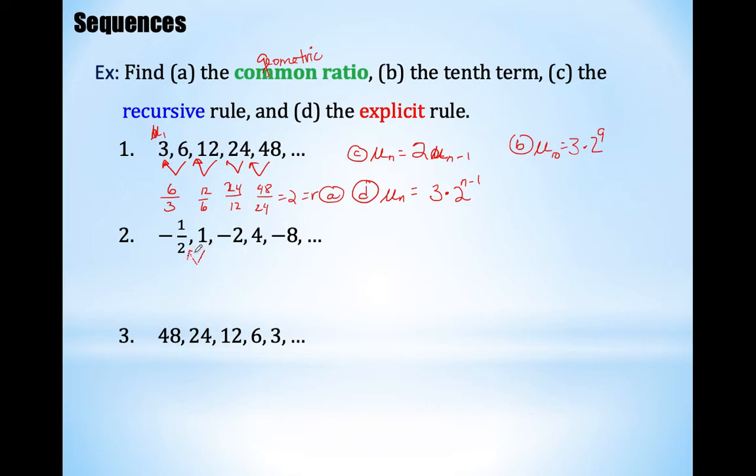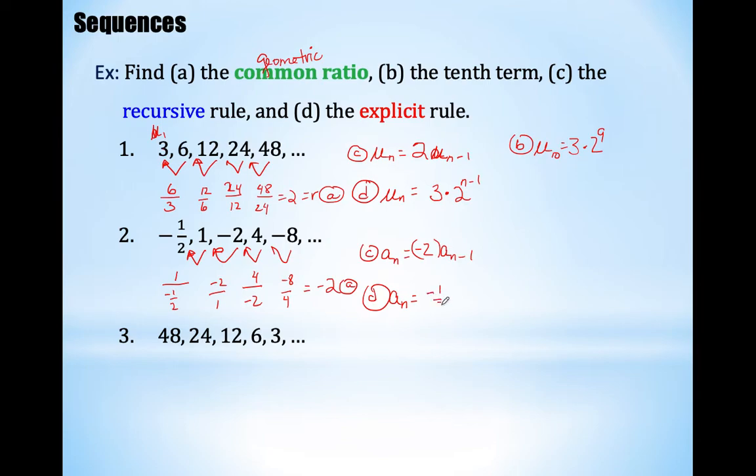How about the next one? What is that? And is it the same ratio as the one before? Yes, it is. And that common ratio is not 2, but -2. So I've just answered A. C. D. First term times common ratio